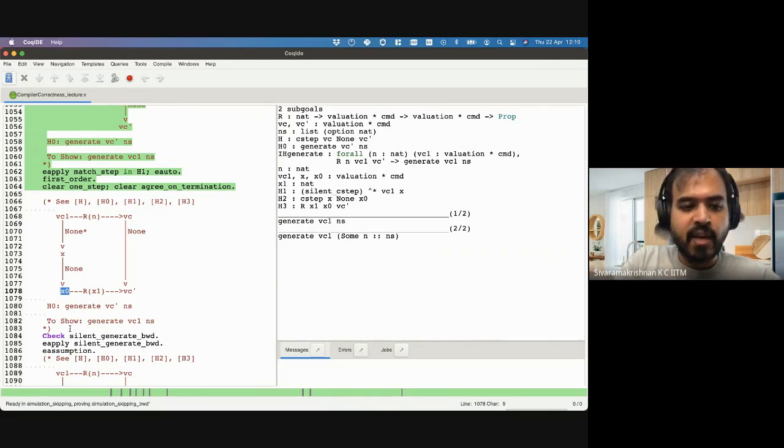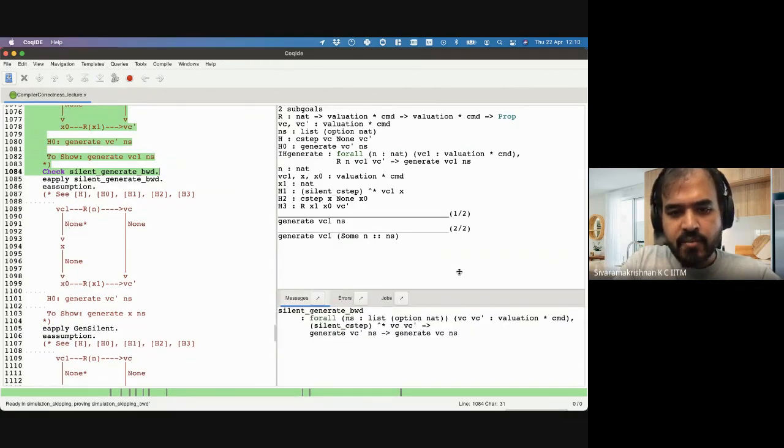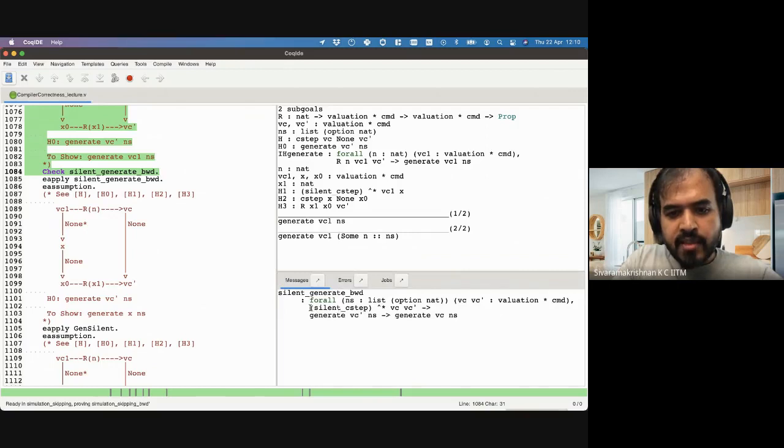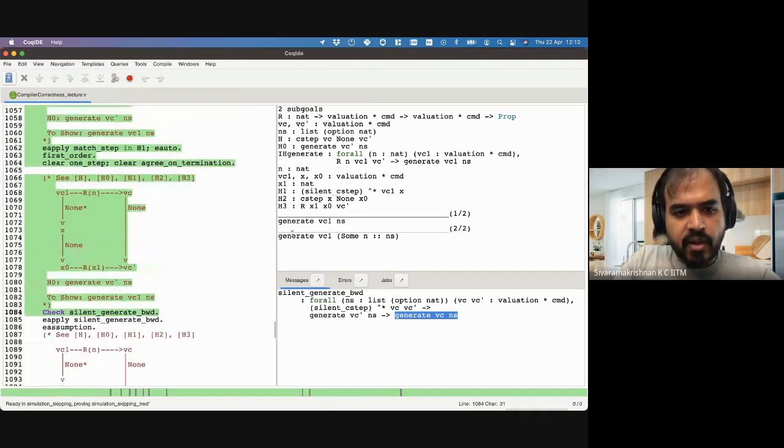this using helper lemmas. One thing that we proved is silent generate backward, right? What does that say? If there is a number of silent steps and you know that VC prime generates NS, then VC also generates NS, right? So this is what we had proved earlier. So let's actually use that now. We are going to use that on here, so that our